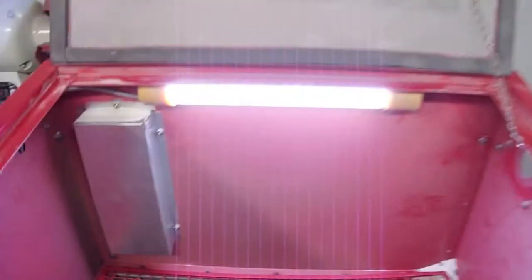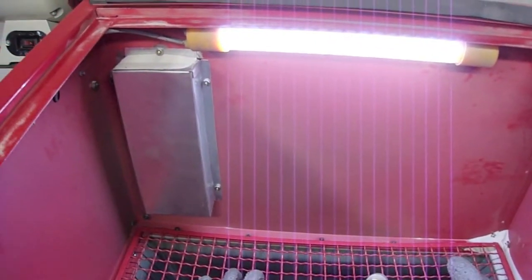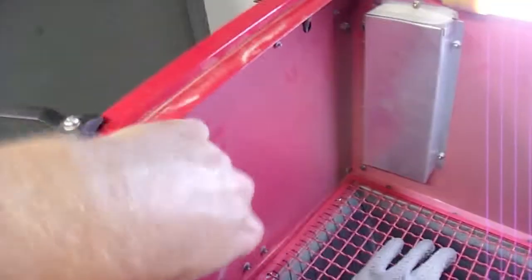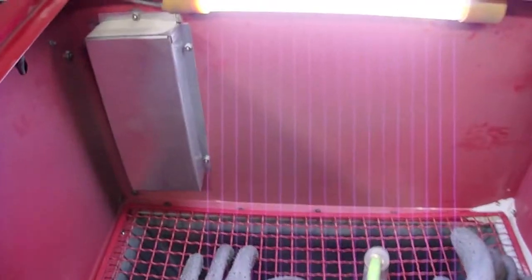The lights are decent. They just got this LED bar. This is the stock one that came with the thing. I'd like to see if I can find some small strips to stick underneath the lip of the cabinet here, probably all the way around, so I have nice uniform lighting instead of having a lot of glare like I do now. It's not terrible, it's usable, but it could be better, so in the future I plan